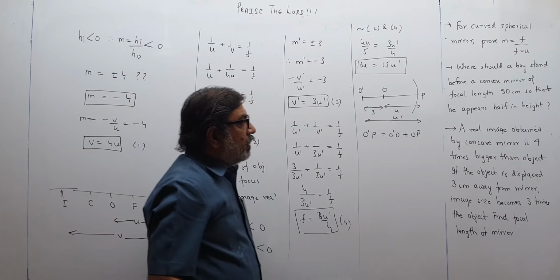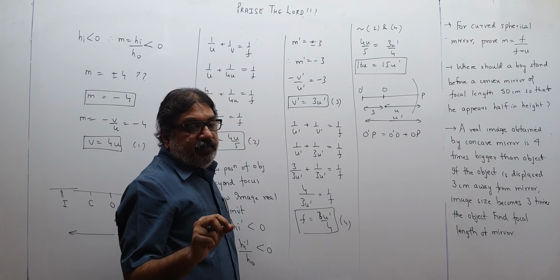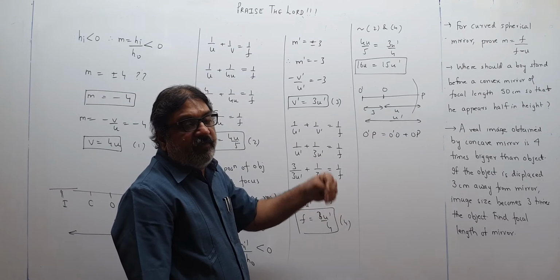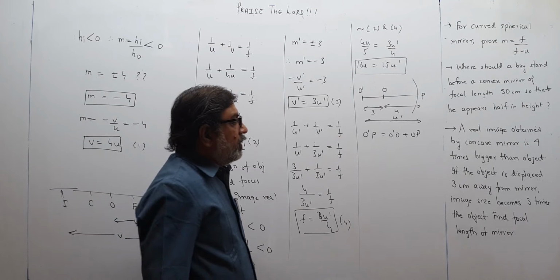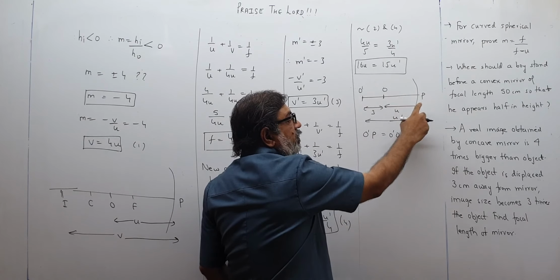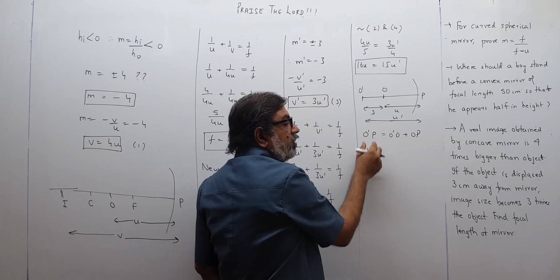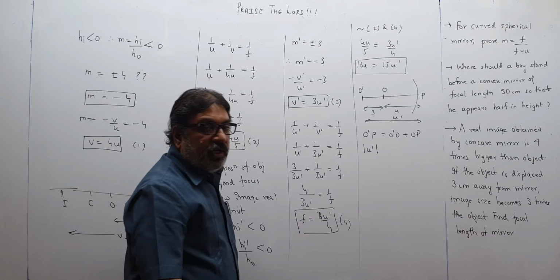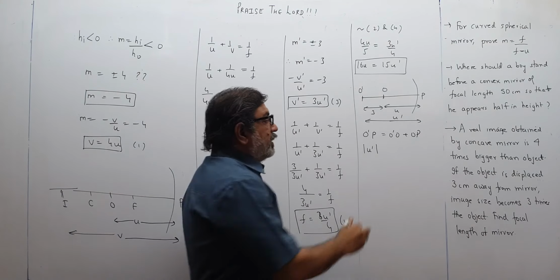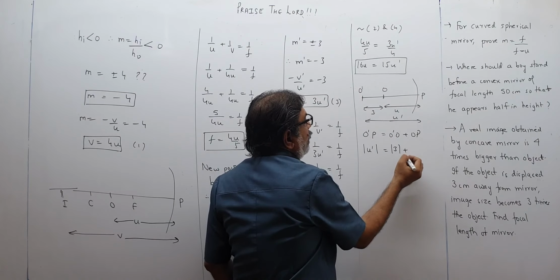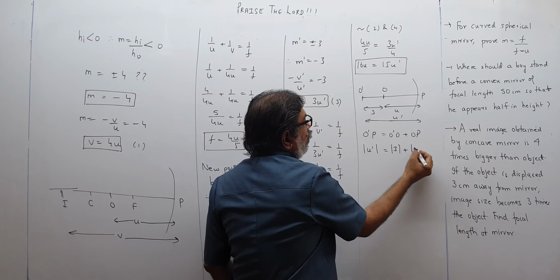Okay. Distance is always positive, whereas u dash can be negative also, and in fact they are negative also only. O dash p is distance, so that will be mod of u dash. Mod because distance cannot be negative. So we are putting modulus. You have heard about modulus. Is equal to o dash o, that is mod of 3, op mod of u.